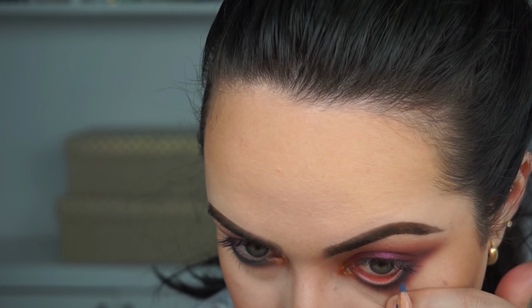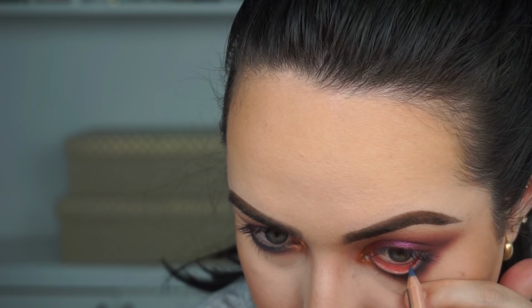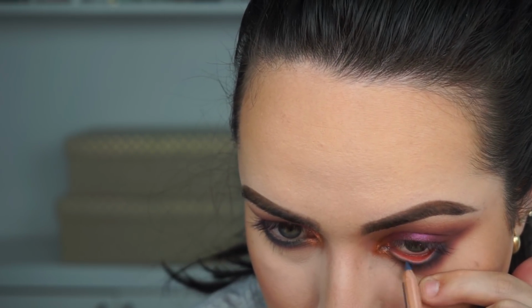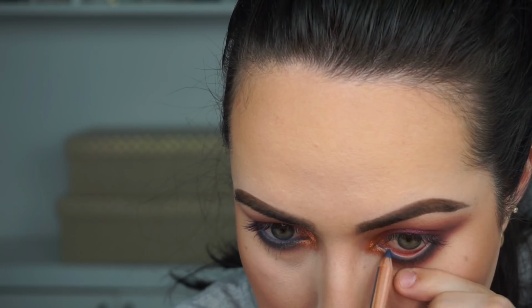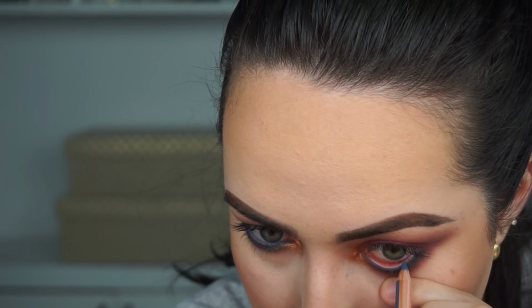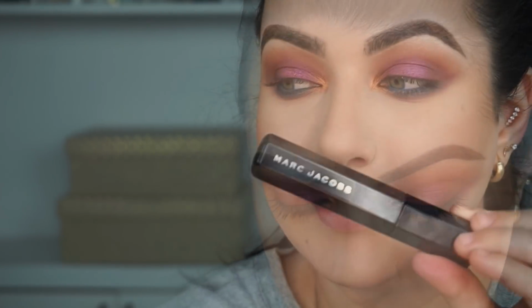And then to add a little bit extra of a pop of color, I added a blue liner to the waterline of my eye. This one is from Makeup Forever. It's the Artist Color Pencil in the number 200 Endless Blue. So you see me here just putting it in the waterline of my eye, and that makes your eye pop even more. So with that step and some Marc Jacobs mascara, this look is completed, and here I'm showing you